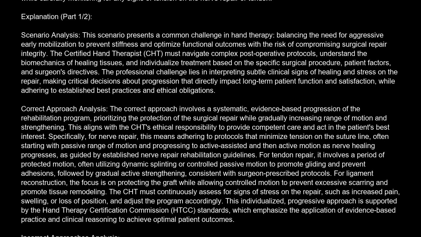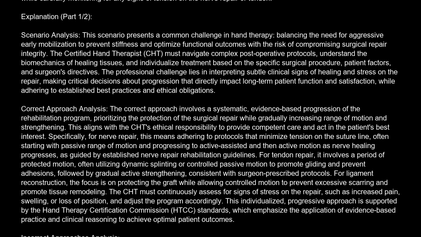The correct answer is A. Initiate immediate passive range of motion for the involved joints and gentle active-assisted finger flexion exercises, while carefully monitoring for any signs of tension on the nerve repair or tendon. Explanation. Scenario analysis. This scenario presents a common challenge in hand therapy, balancing the need for aggressive early mobilization to